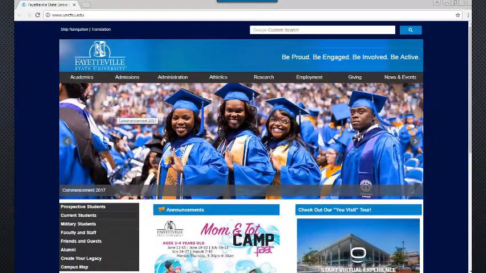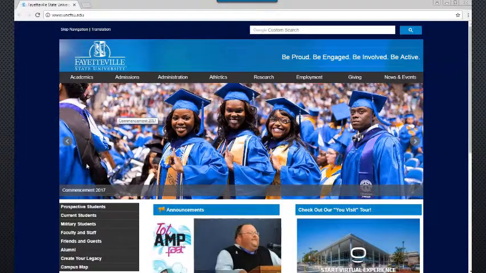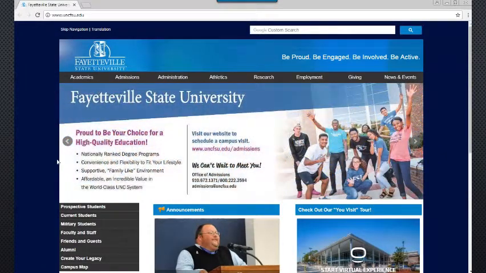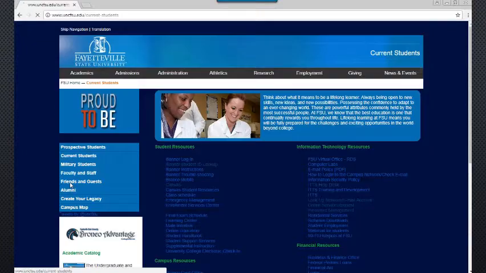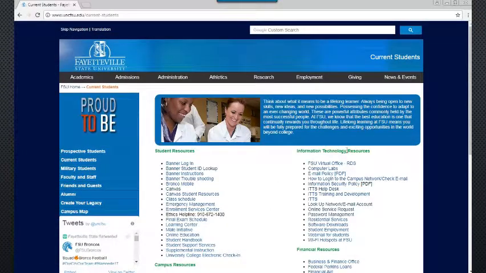Okay, so before you're able to log into Canvas, you're going to need to access your network account information if you don't already have it. So in case you didn't know how to find that, you're going to go to the FSU homepage, go to Current Students, then on the right under Information Technology Resources, you can go to Lookup Network/email account,